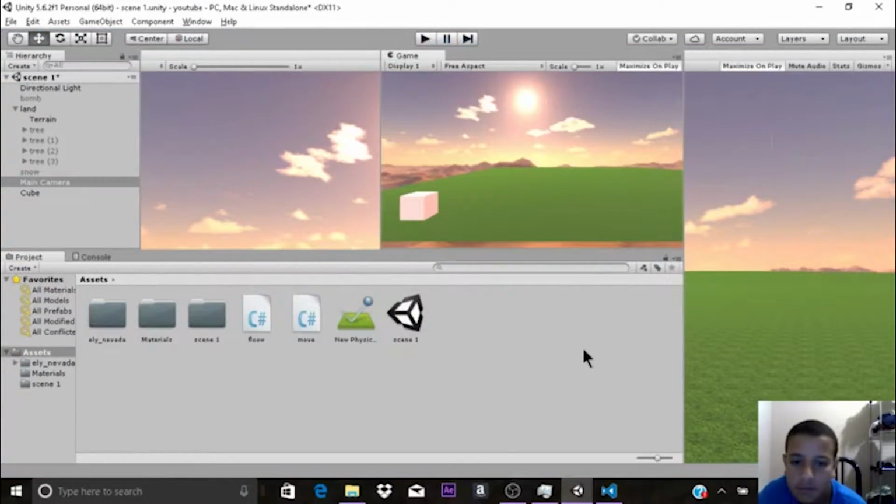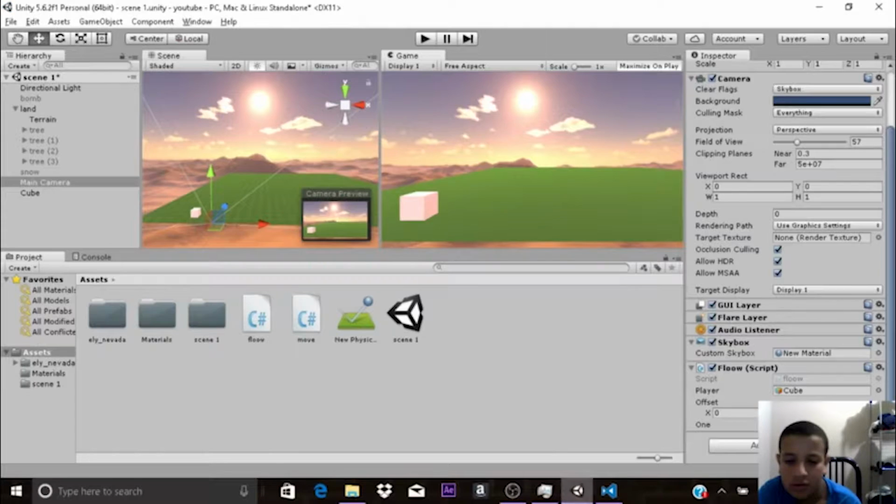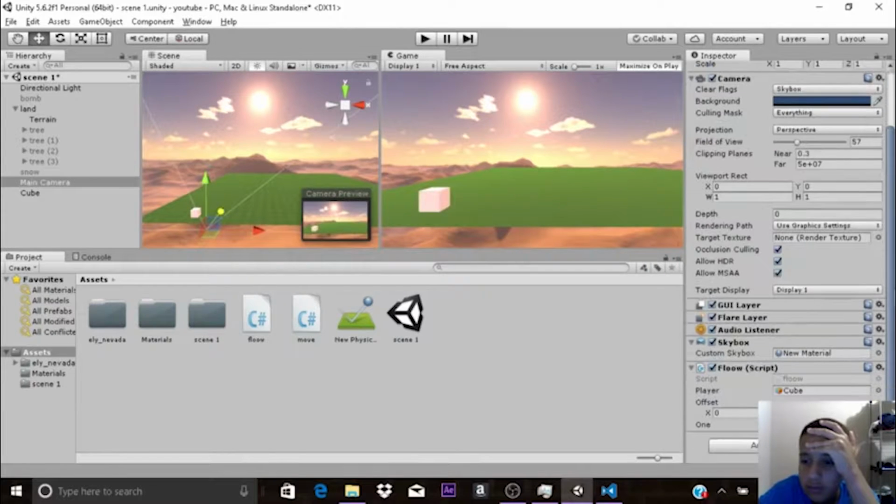Okay. So P is perspective, which if 1 is true. Okay, so offset is going to equal player.position dot. Okay, so offset 1000 on the Z. Wait, is it positive 1000 or negative 1000? Oh, it's actually negative, so negative 500. And negative 500, so negative 500 and